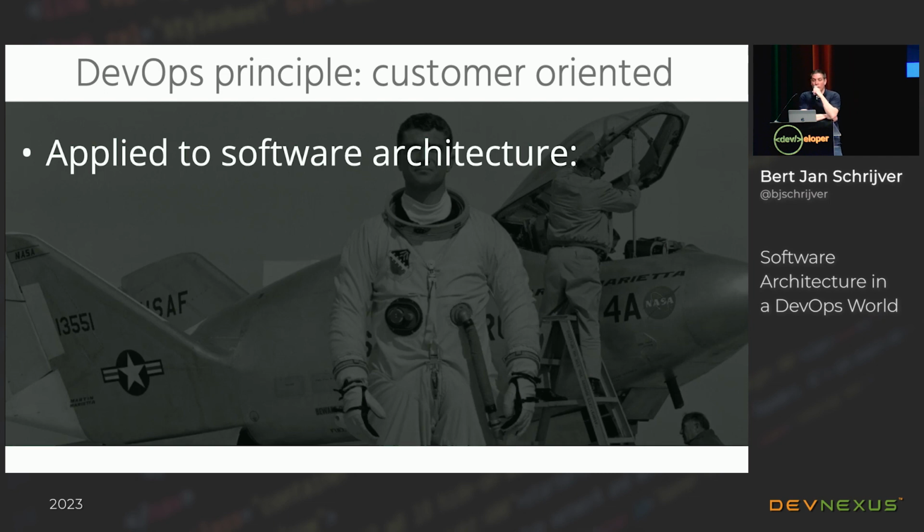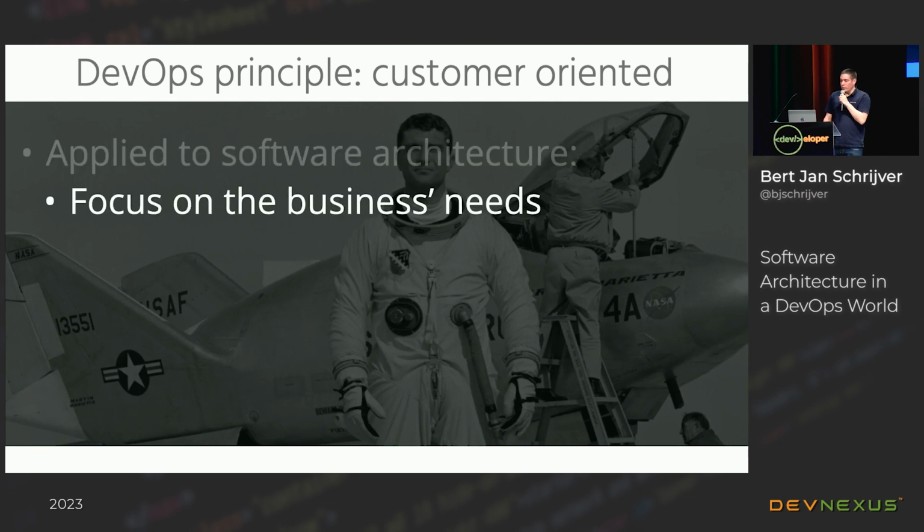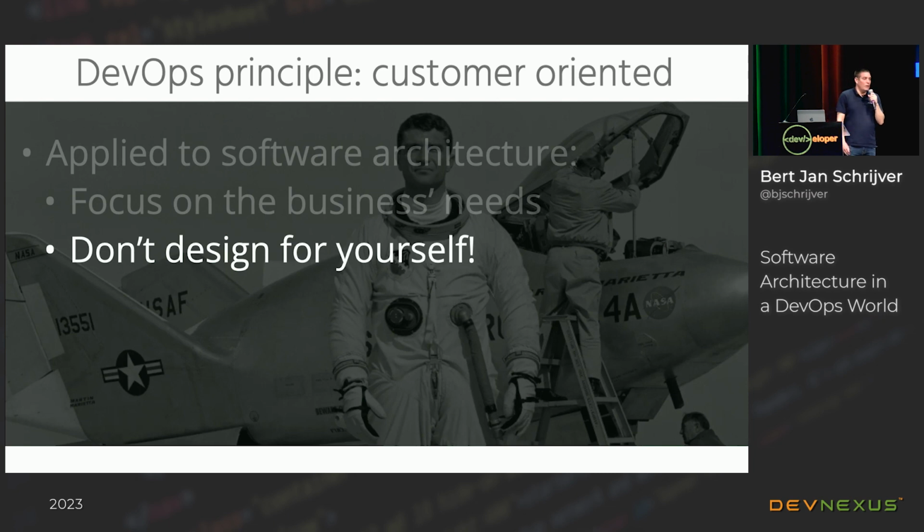Then look at customer orientation. It's about focusing on the needs of the business. Typically we as developers and architects like to play with shiny toys and do things like microservices and event sourcing and event-driven stuff and cloud and whatnot. But which business person has ever asked you to do event sourcing or do CQRS, right? That's something we do because we love it. But in the end, you're designing for the business and to fulfill the business needs and not your own needs. So you're not designing for yourself. If CQRS is the best solution, arguably, for a problem the business has, by all means, go ahead.